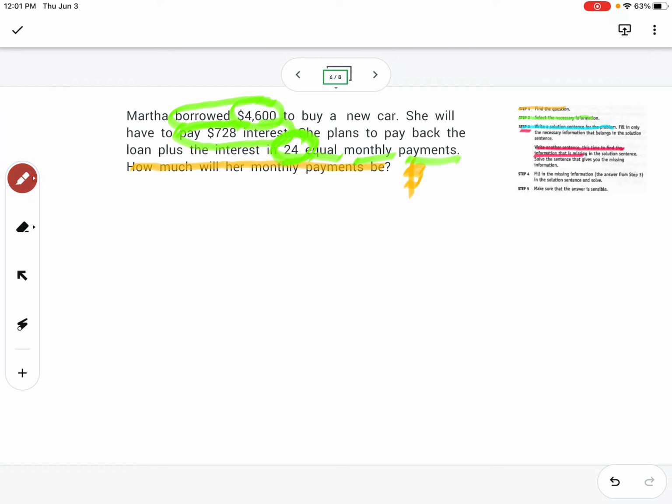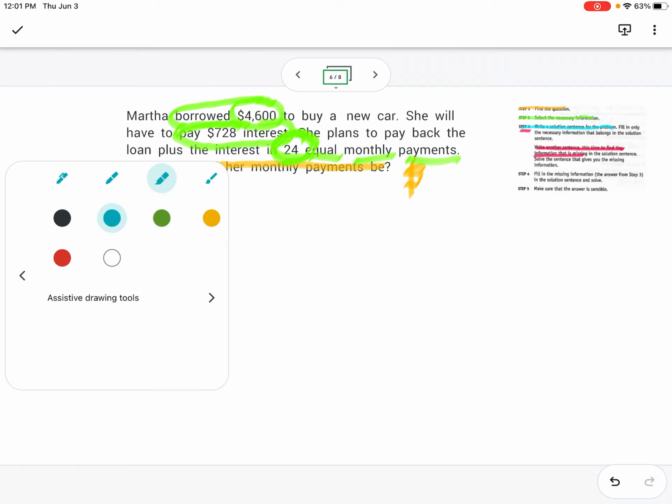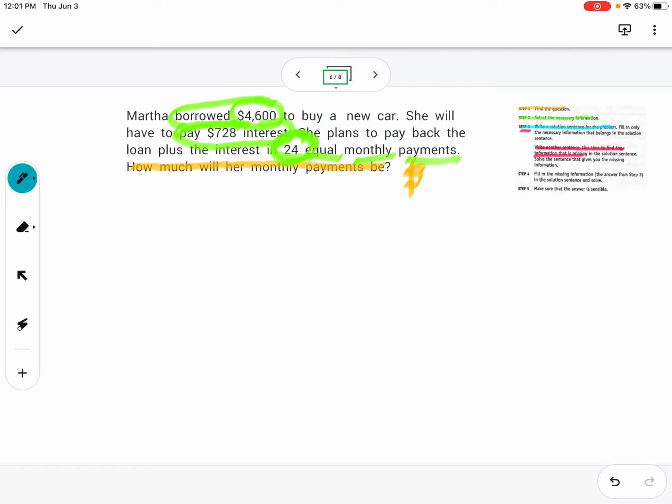So I'm going to start with the blue highlighter. Write the solution sentence for the problem. We did this in the last video, but we started this by saying, well, then I need to know what is the solution I'm looking for. And that goes right back to the first question. I'm looking for how much will her monthly payments be. So my solution sentence,